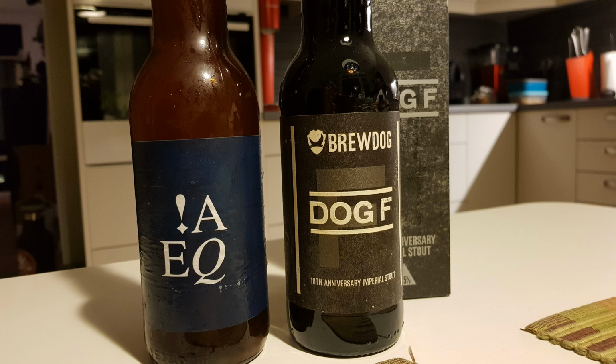Okay, so I'll let you go first on the rankings this time. Cool. I'm probably going to give this a 3.75. Yeah, I would also give this a 3.75. I think it's a solid IPA, and I kind of appreciate the fact that it is so dry and bitter because